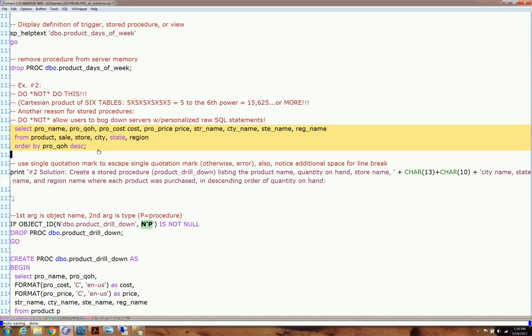So, again, what's the beauty about having a view or a store procedure? Not allowing users to do this by accident or on purpose. Can you imagine if we had millions of records and we did many joins on millions of records in each table? That would surely bring down any server. Okay,